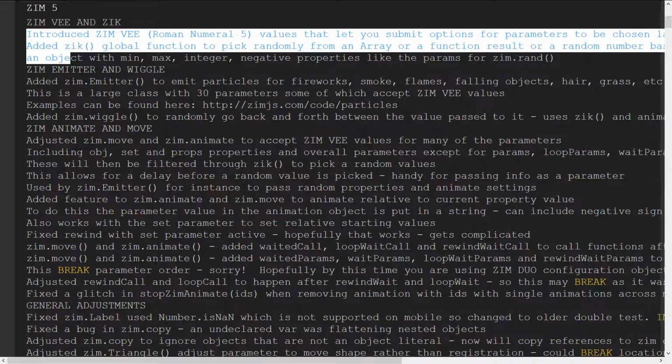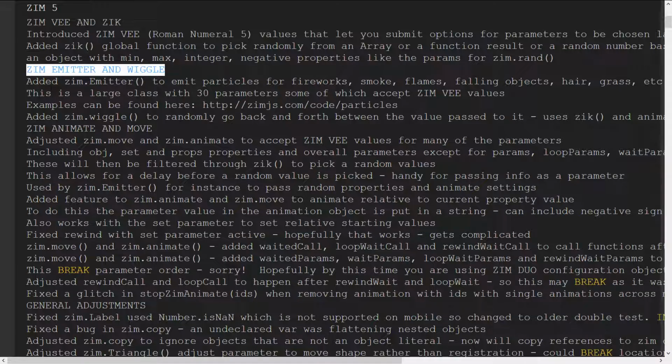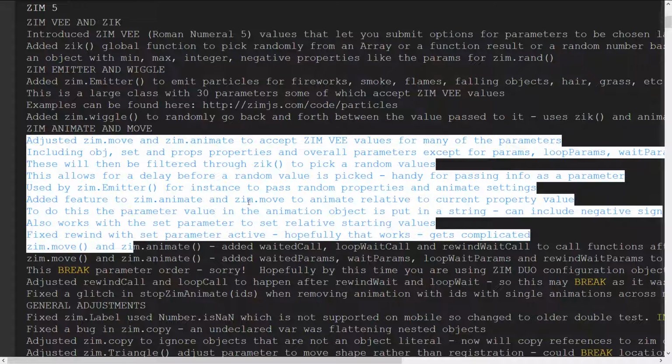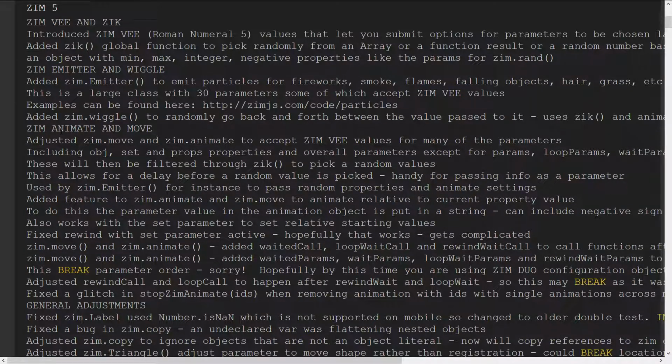So we introduced this in the last bubbles, the ZIM VEE and the ZIC. We're going to look at the emitter and the wiggle in the next What's Bubbling. But right now, we want to take a look at all the rest of these little things. So with ZIM animate and move, these accept ZIM VEE values. So for many of the parameters, including any of the values that you're animating. Any of the properties that you're animating, such as the alpha or the scale or the position or something like that, you can pass in a ZIM VEE value, and then it will randomly choose from